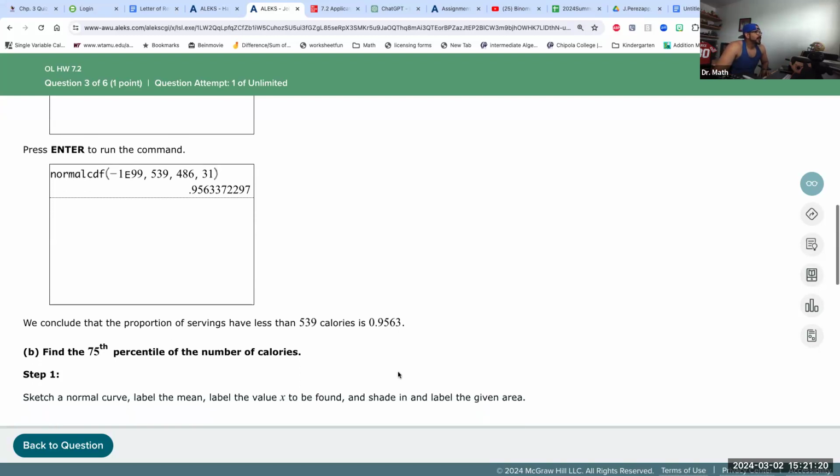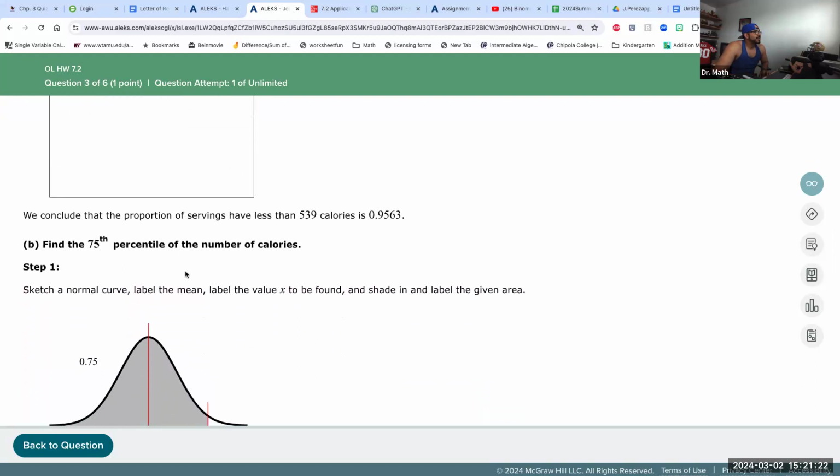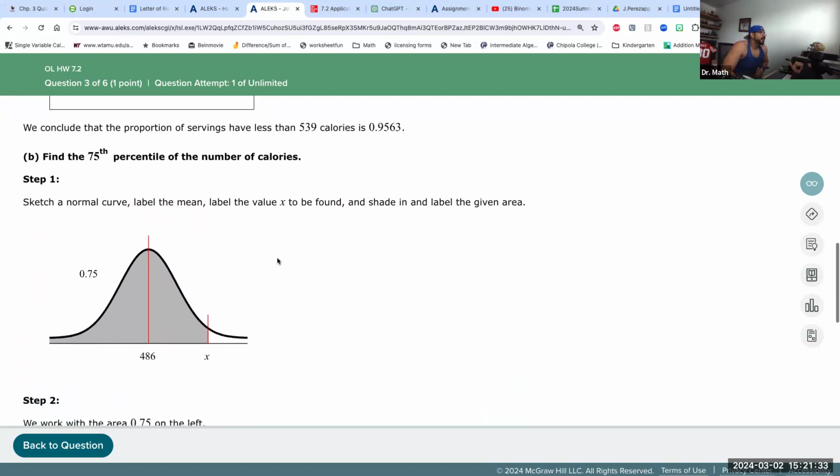All right. So find the 75th percentile. So now they're changing the question on us for part B. So find the 75th percentile of the number of calories. All right. So here we got our mean. Our mean was